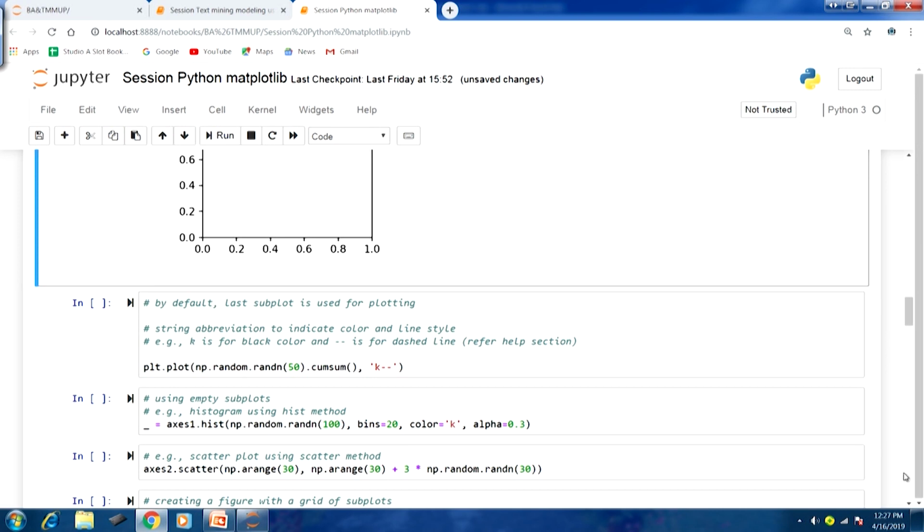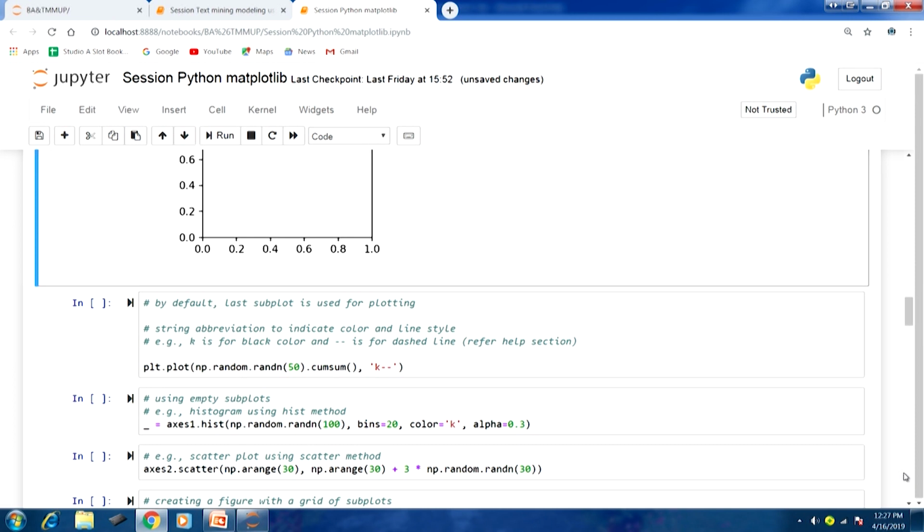Now, let us move forward. We will use these subplots to generate certain graphics. By default the last subplot is used for plotting. The last one is the index 3 that we have generated, so that is going to be used. As an example, we are going to add this data using the np.random function, 50 observations, and we will take the cumulative sum of these randomly generated values.